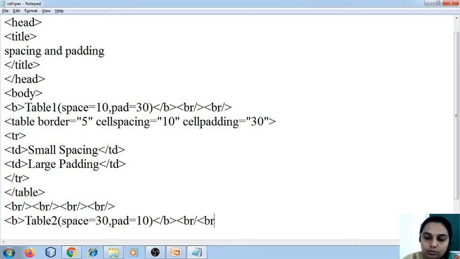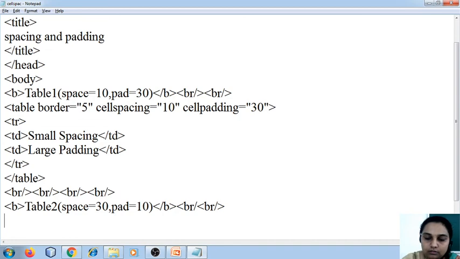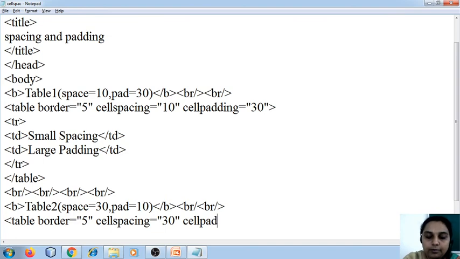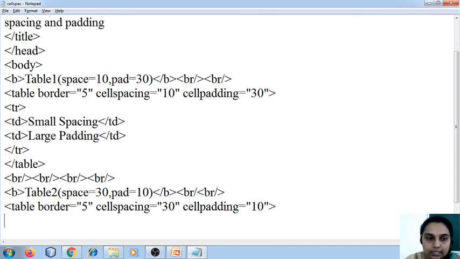I'm going to use 2 break tags. Now, this is going to be my second table. So, I am going to specify the table border as 5. Now, my cell spacing is going to be 30 and my cell padding is going to be 10. I have changed the values for your cell spacing and cell padding.